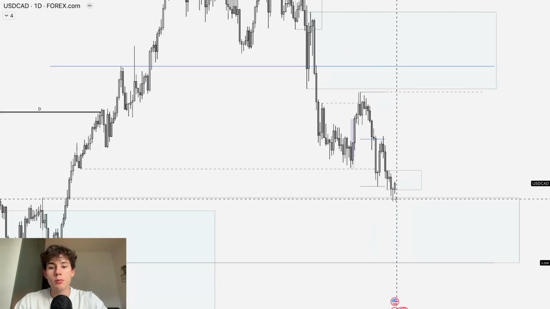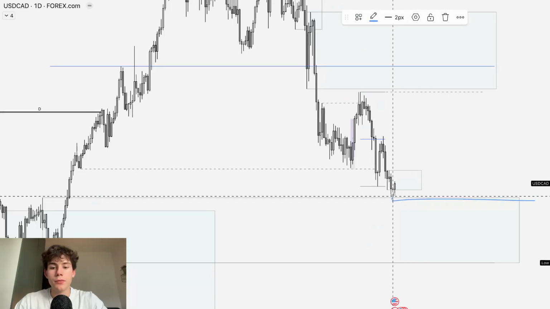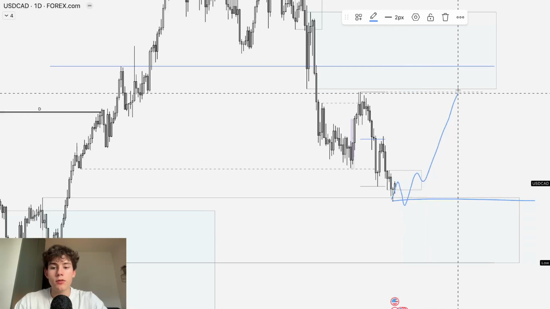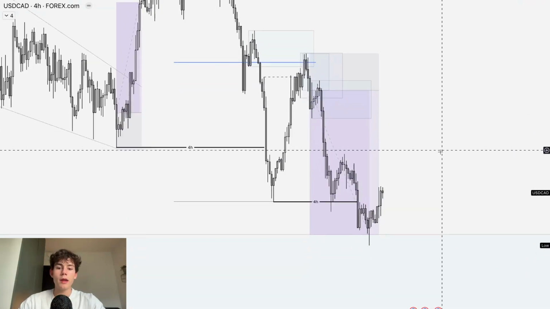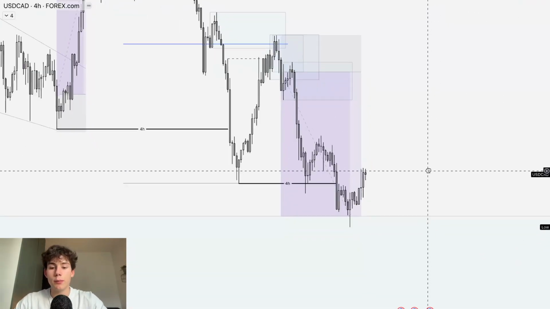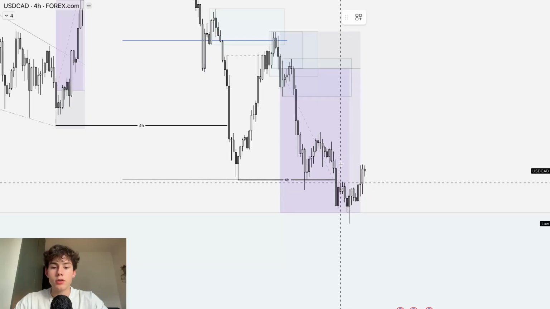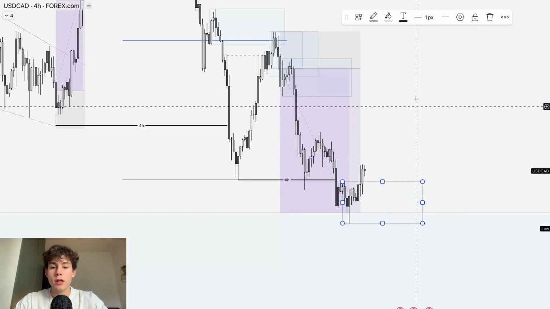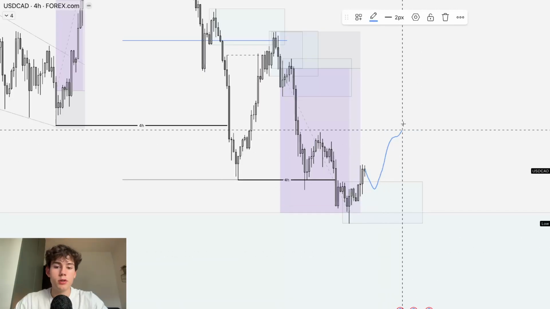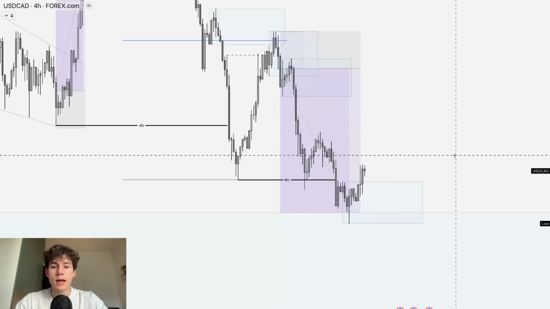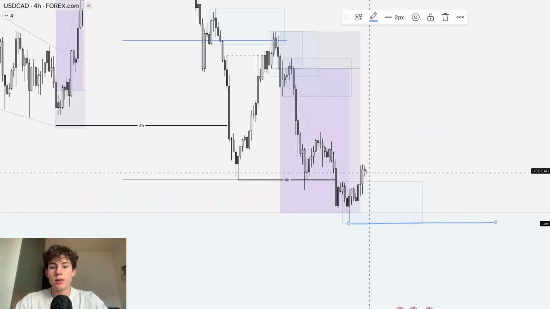But I'm being patient because this could be your early buyers, which you then swipe and then trade up higher. So be patient here and wait for enough confirmation, and definitely wait for daily confirmation, and not just a 4-hour confirmation here. This is your demand zone where we could trade up higher from. That's very possible to take liquidity above this high, but I wouldn't be surprised if we see one more swipe